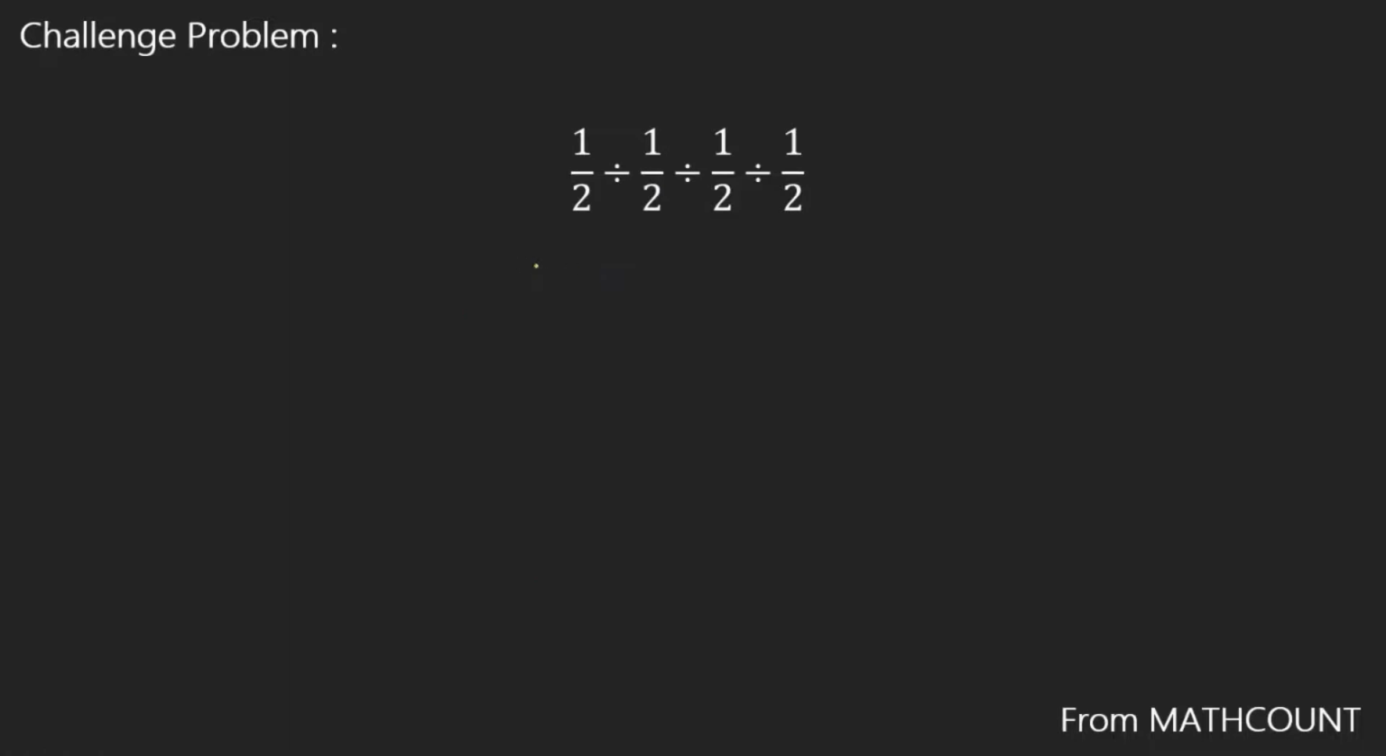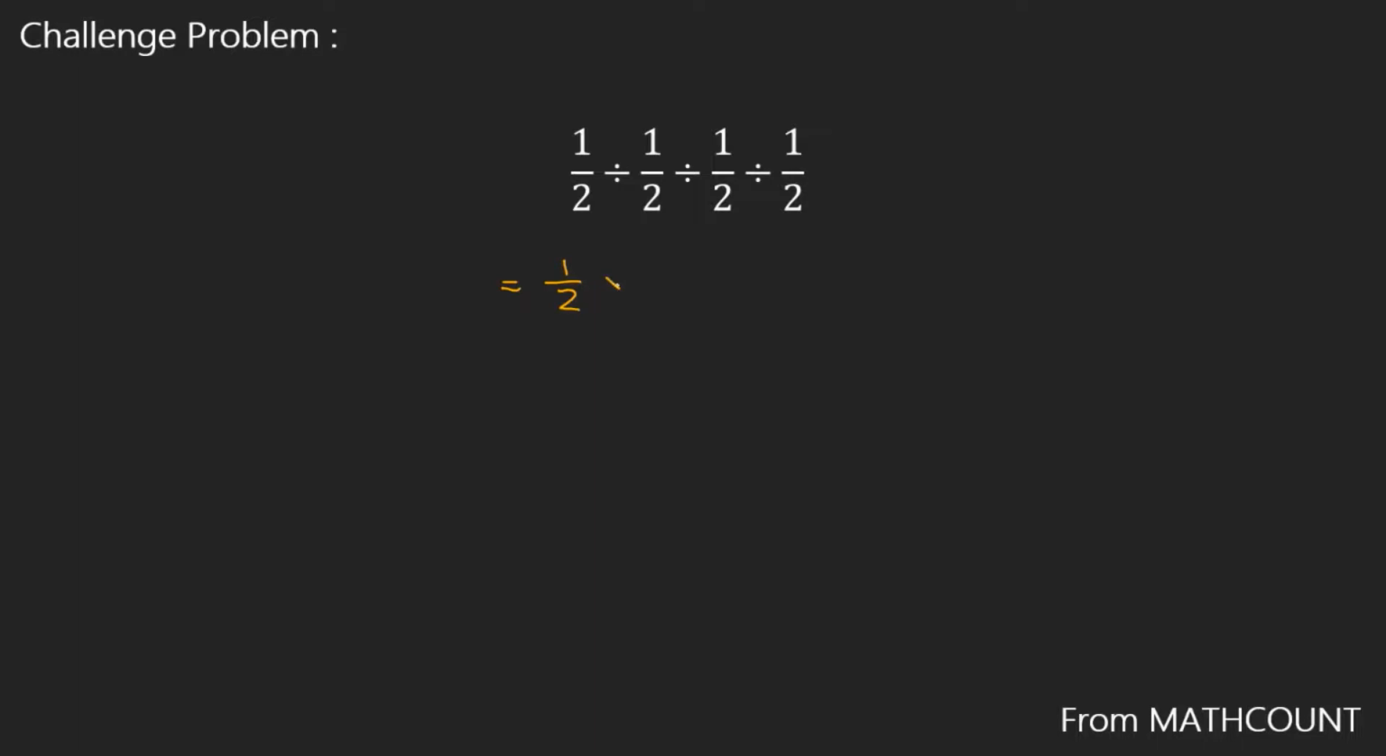Let's look at the second challenge problem. 1/2 divided by 1/2 divided by 1/2. So when we have problems like that, we're going to first attempt to convert the division into a multiplication. Now, dividing by a number is the same as multiplying its reciprocal. So we have